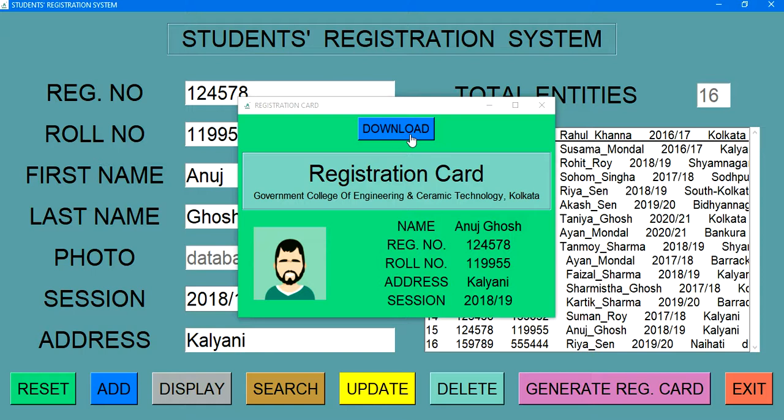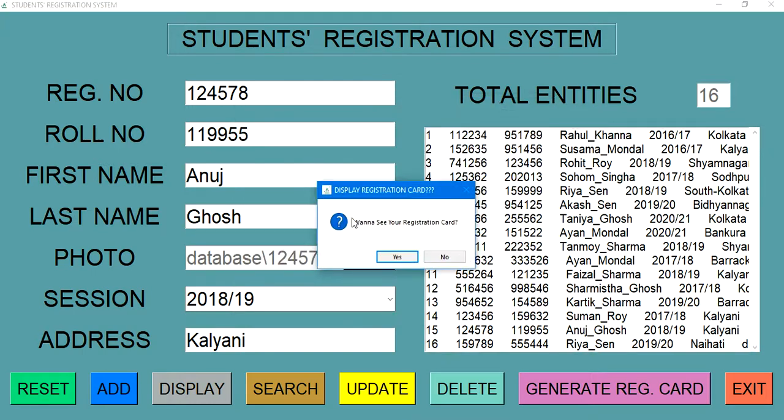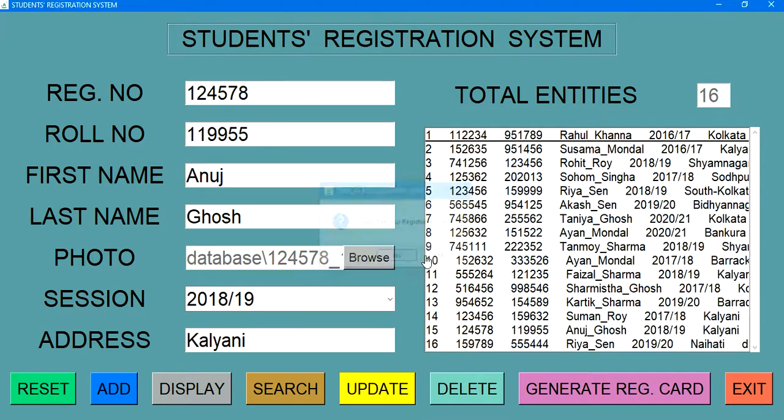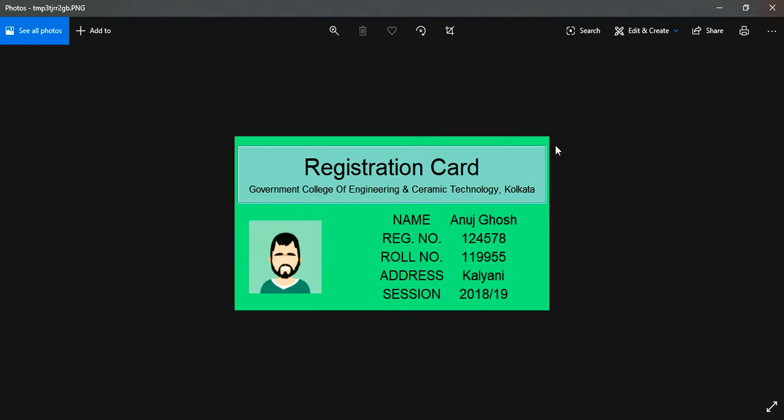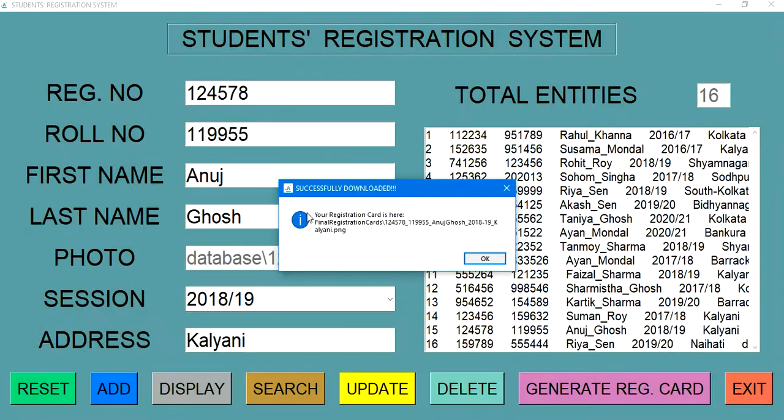Now if we want to download, it will ask, want to see your registration card, yes or no? If we click on yes, it will open the registration card and download it. Okay, so successfully downloaded, your registration card is here. So this is the final path of your registration card.